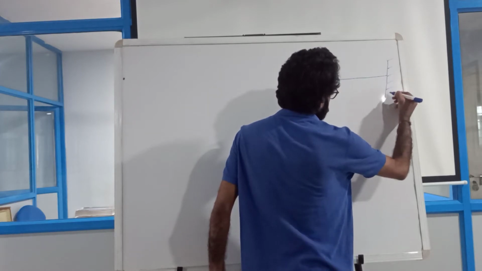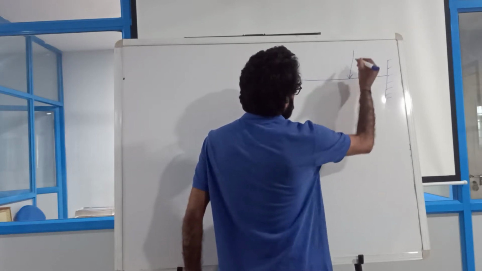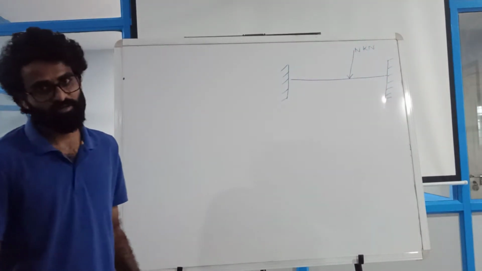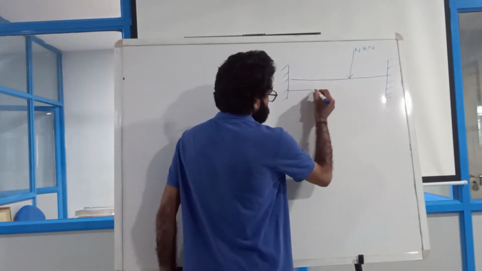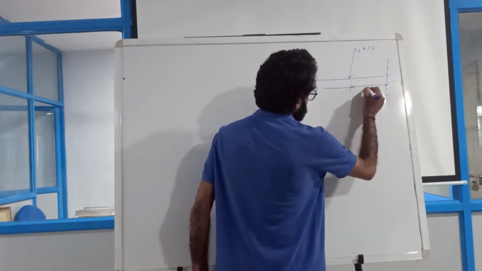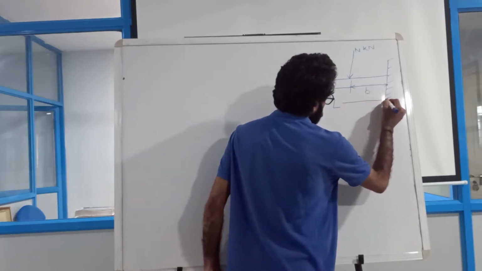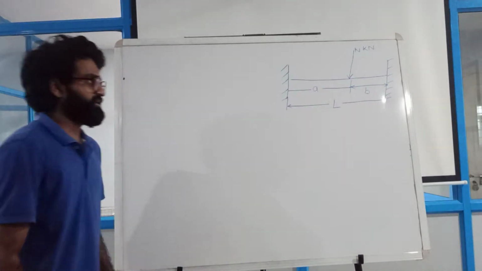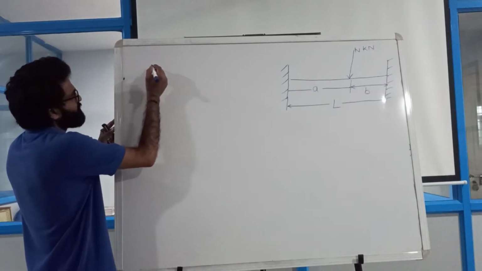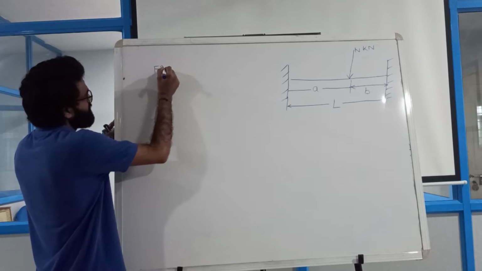So we have a beam here, as you can see, and I am going to apply a point load at a distance of, the total distance is, so my dear friends, this is the example and the case we are going to take today, and what we have to do is analyze this beam and find out